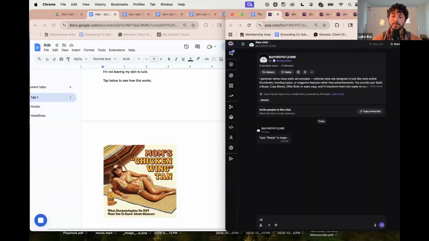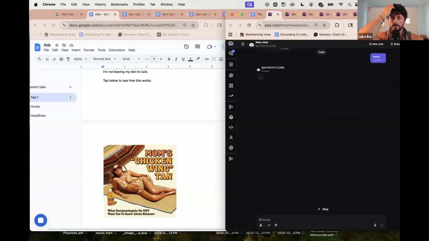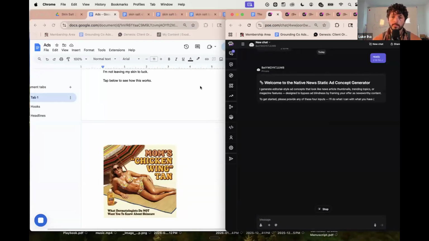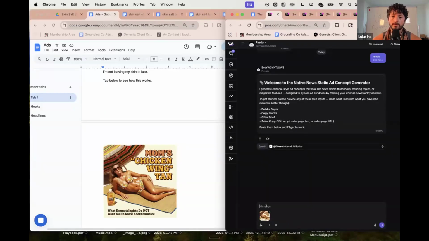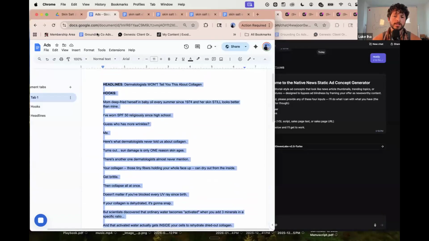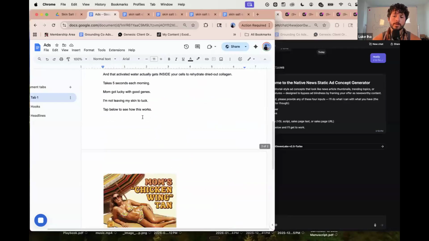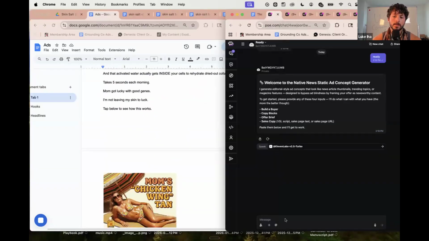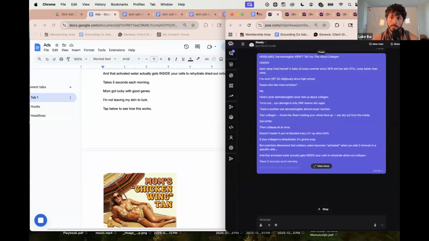So this is the native news one. Just gonna put our ad in. Oh, not the sexy woman. By the way, guys, feel free to generate some more images for this one. Use the different bots that you got. Yep, it's all added.